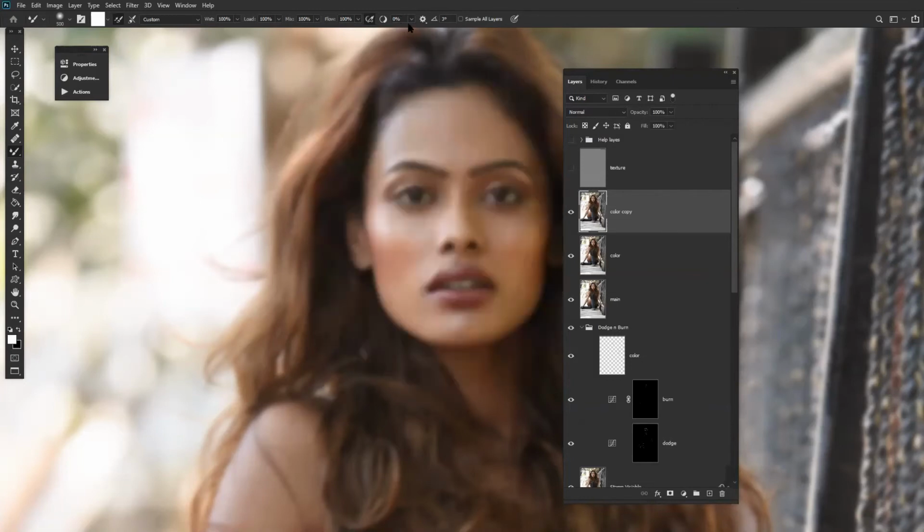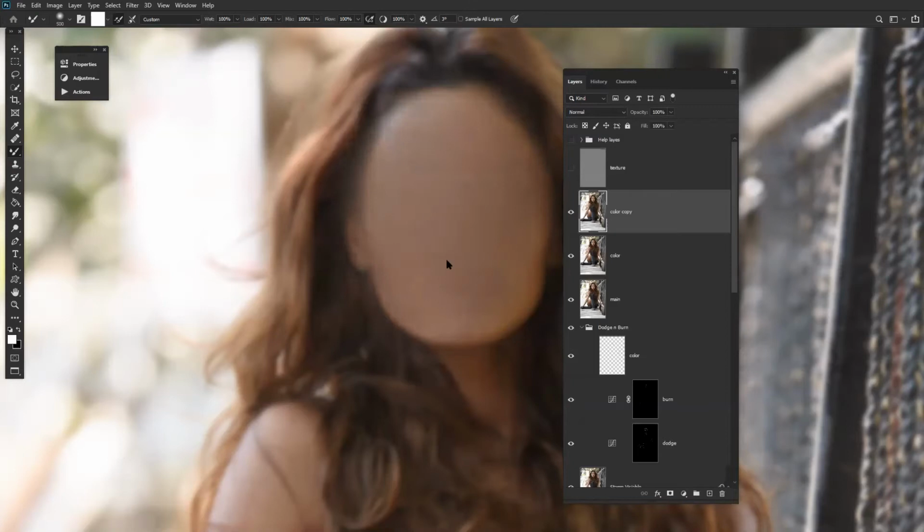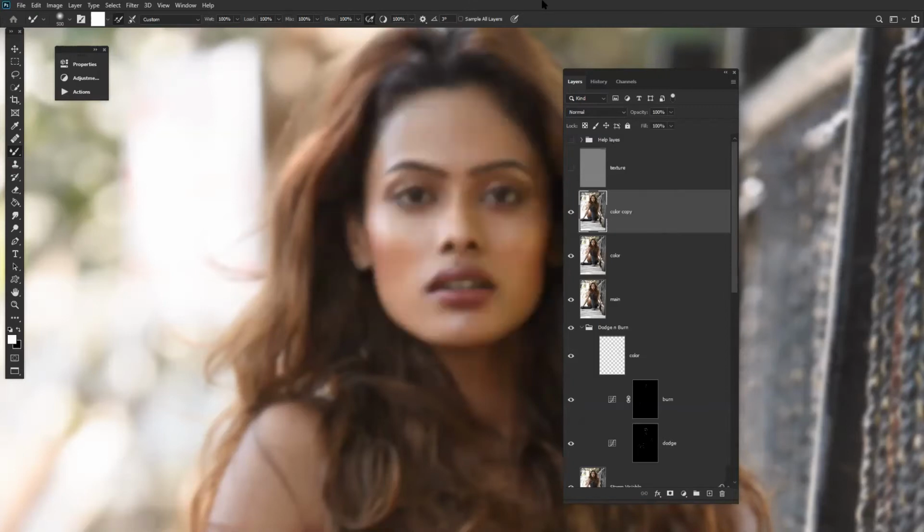If I increase the jitter, it will mix in breaks. Understood the logic of jitter? Yes.